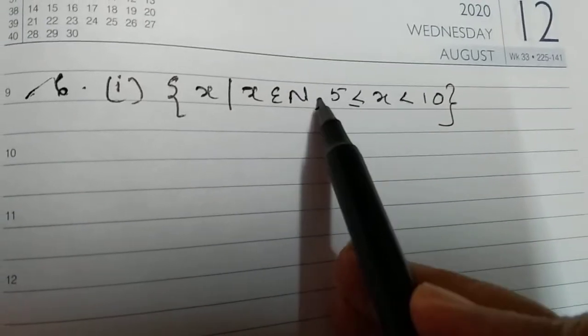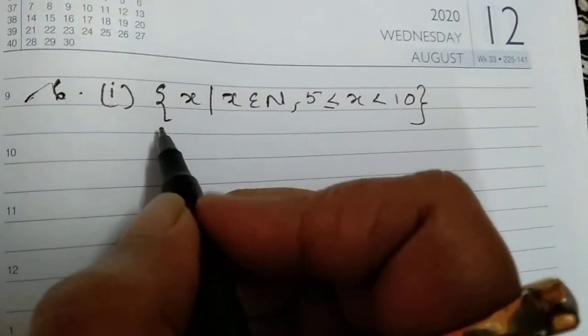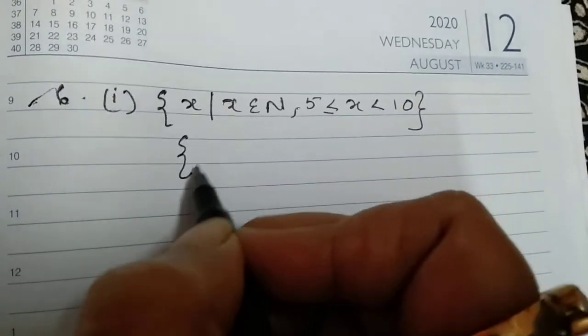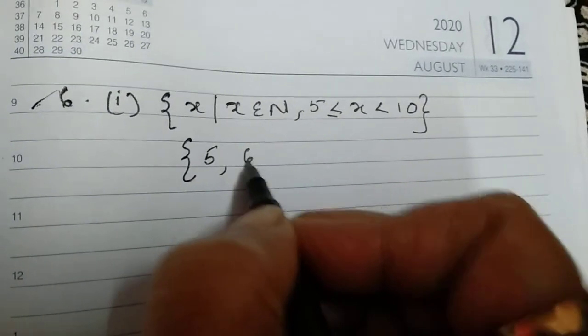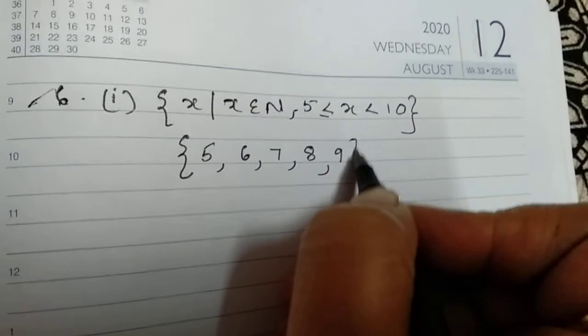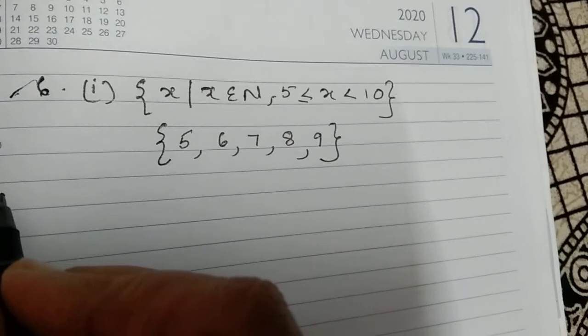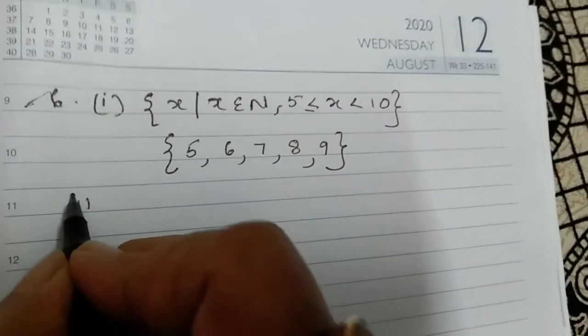That means what is given? X is greater than or equal to 5, but it is less than 10. Then what will be the elements? It will be 5, 6, 7, 8 and 9. You will not include 10. Did you understand? Now if I do the third part, girls,